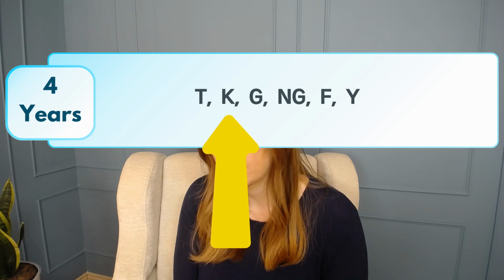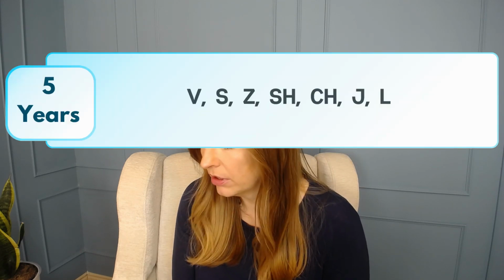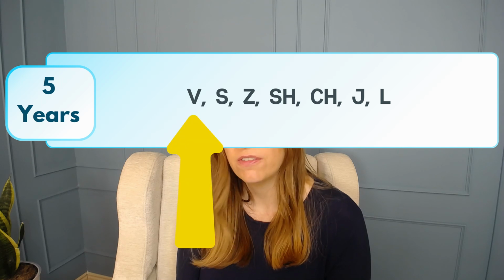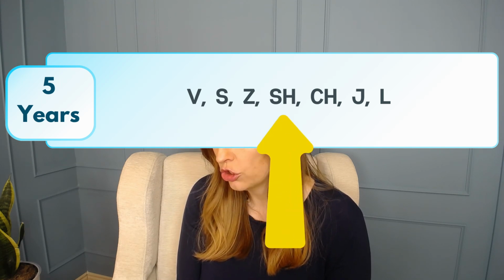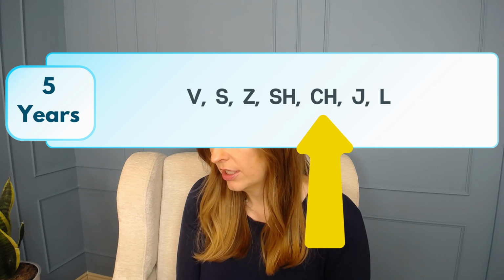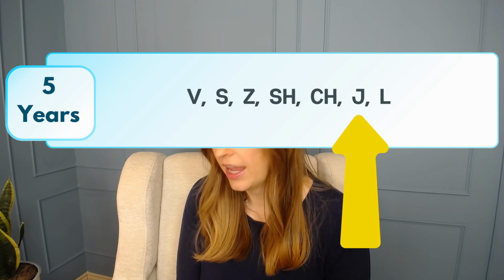Then by the time a child is 4 years old, typically on average, they can produce the sounds T, K, G, N, F, and Y. By the time they're 5 years old, typically they can produce V, S, Z, Sh, Ch, J, and